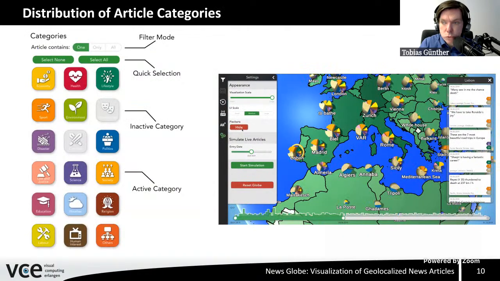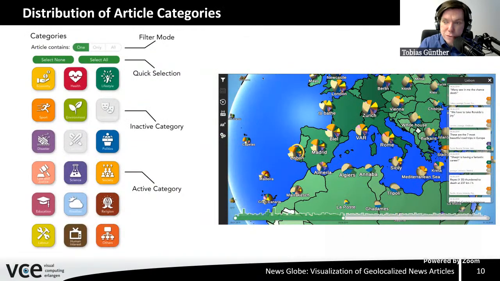At any time, the user can switch to a pie chart visualization that shows the distribution of article categories for a given location. While some regions here are largely covered with articles such as conflict or politics, others are more balanced with news on economy, sports, lifestyle, and so on. So it depends a bit on the target audience, what that audience considers newsworthy from other countries around the globe.